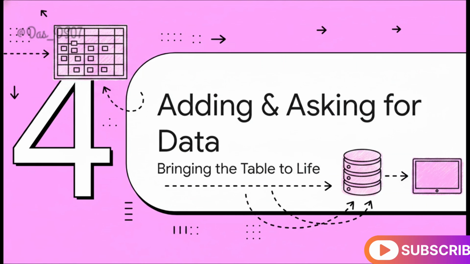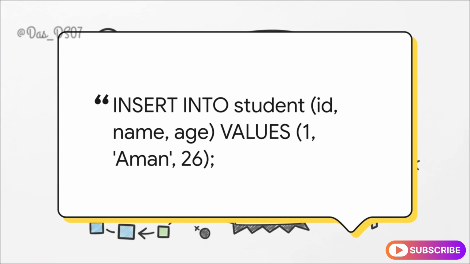An empty table is a good start, but it's not very useful, is it? So let's move on to the next logical step. We need to put some information into the table, and then we need to ask the database to show it back to us. And again, just notice how much this looks like an English sentence. We're telling the database to insert into our students table. Then we list the columns we're filling, ID, name, age, and then we provide the values in the exact same order: